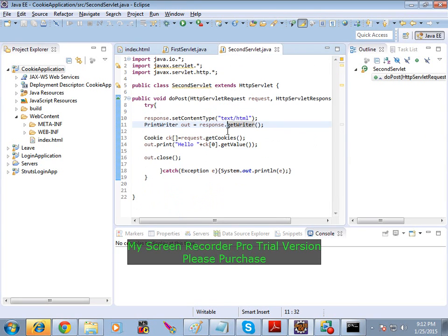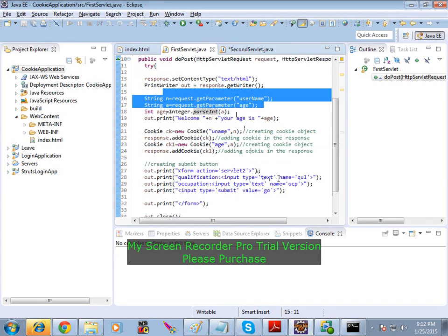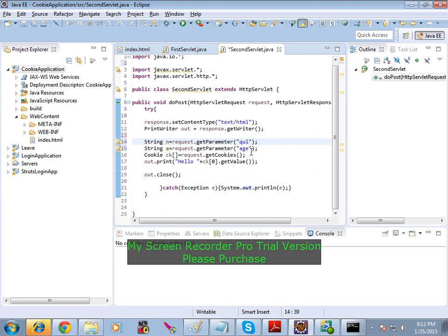Just say here it will be QUL instead of username, right? So instead of writing yourself, just copy paste it, QUL, okay? And instead of age, OCP, fine. So qualification QUL and OCP, right?